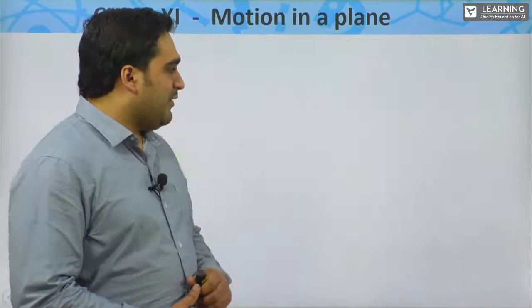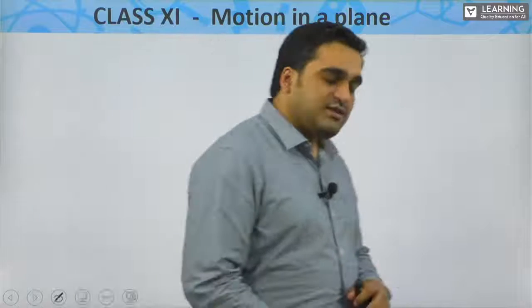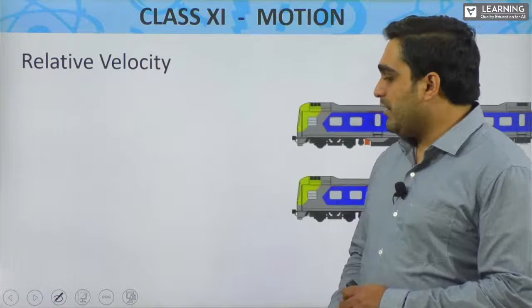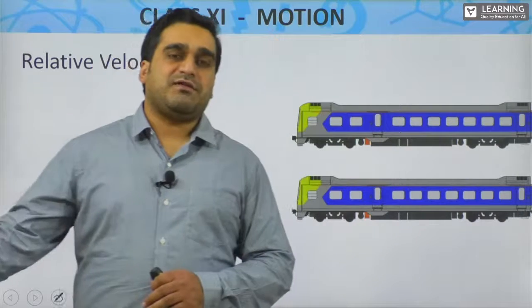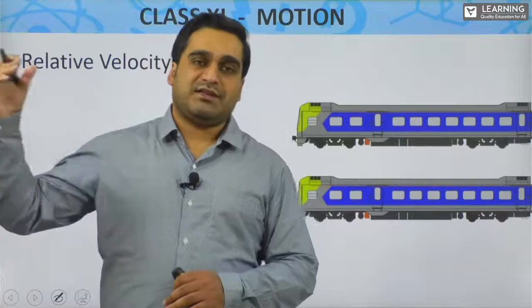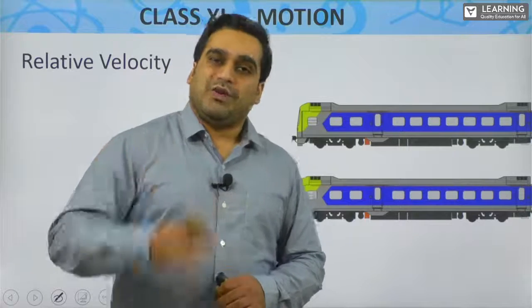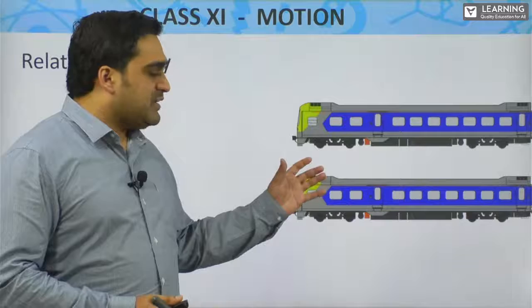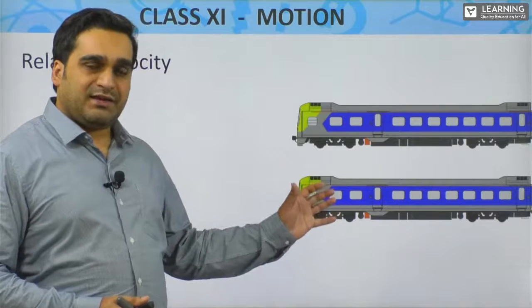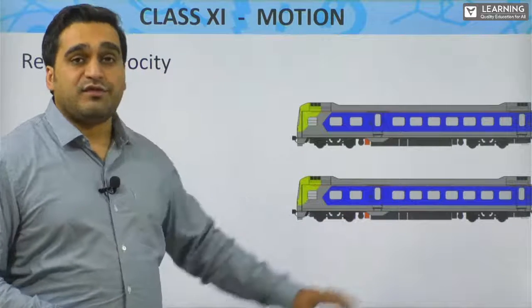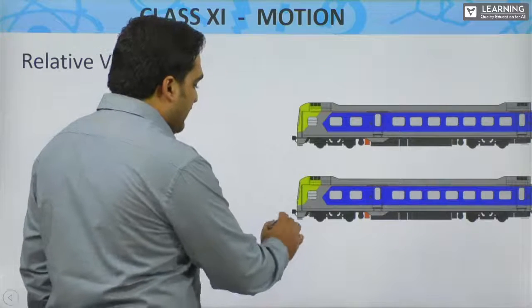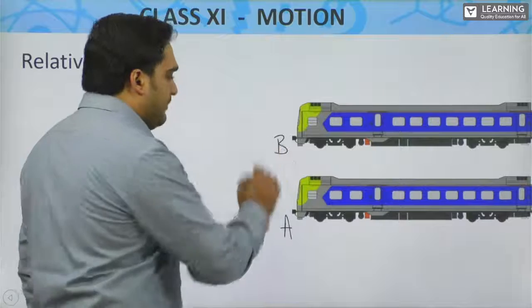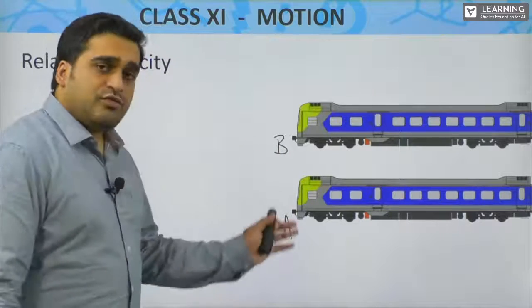Okay, now moving on to today's actual concept, which is relative velocity. In this case of relative velocity, just like the previous session, meaning the last chapter, we discussed how the velocity of one object can be identified with respect to another moving object. Let's call these two trains train A and train B. And when these two trains depart,